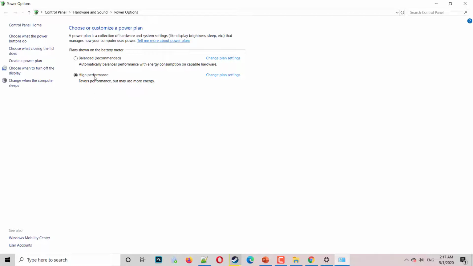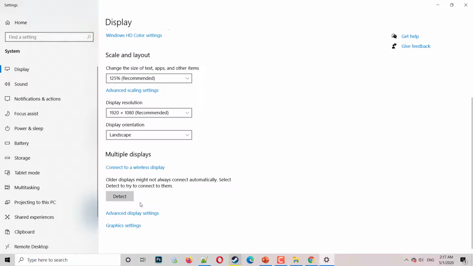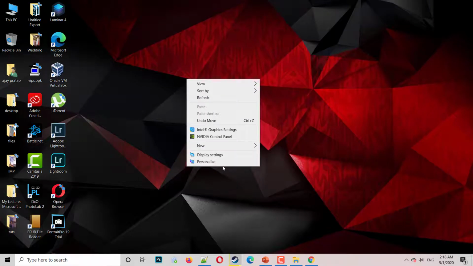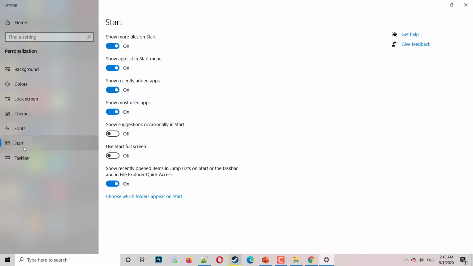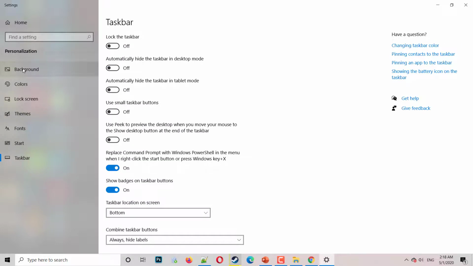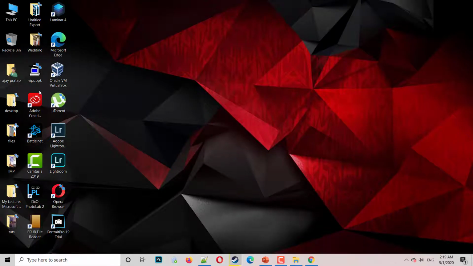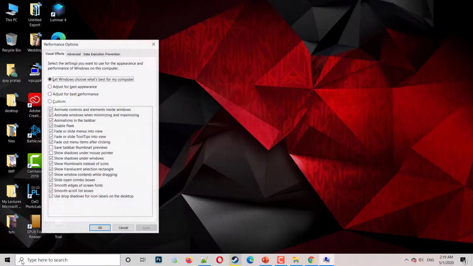Another thing is the same old trick. You can change your appearance settings, and you can speed up your system. What you need to do is type adjust appearance and performance in Windows.